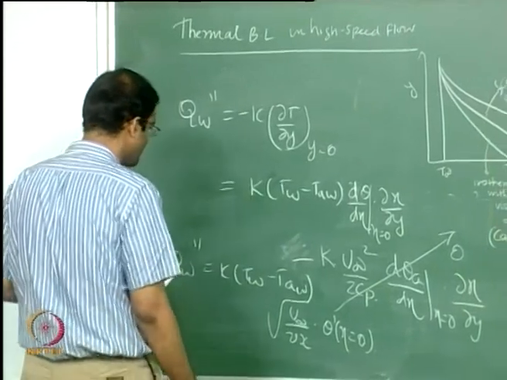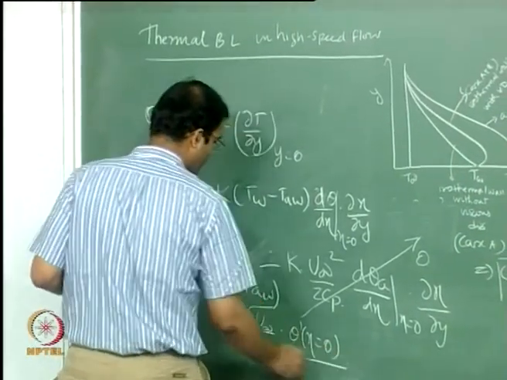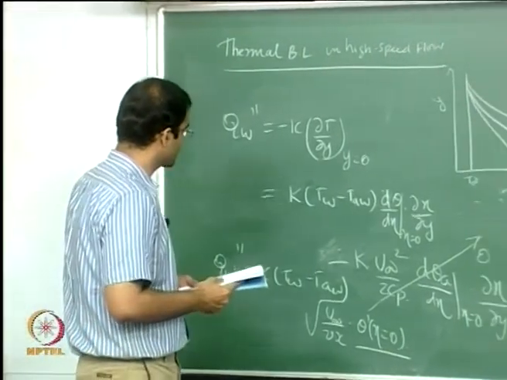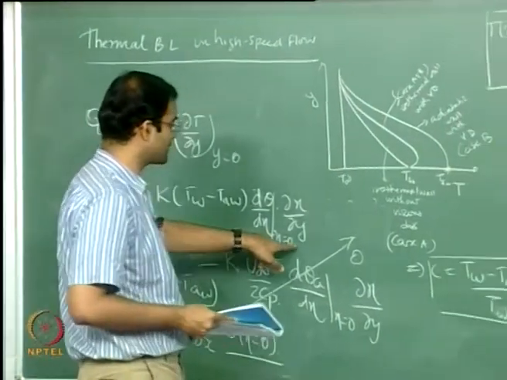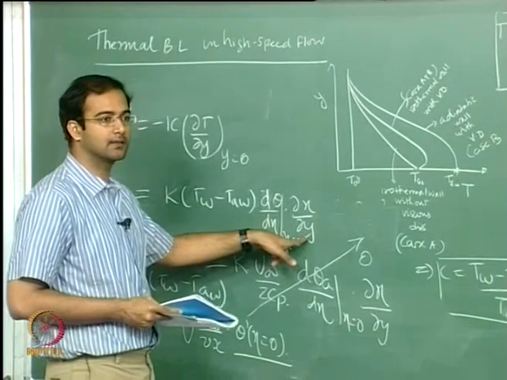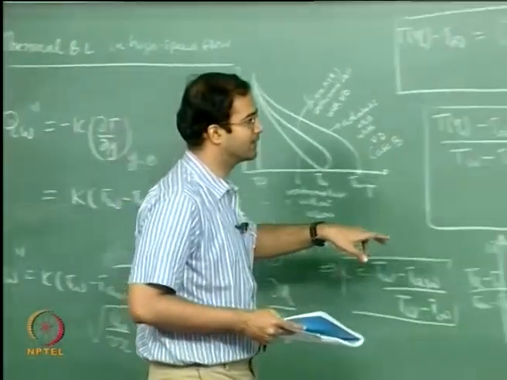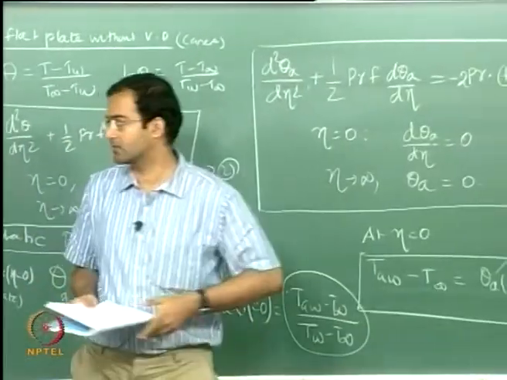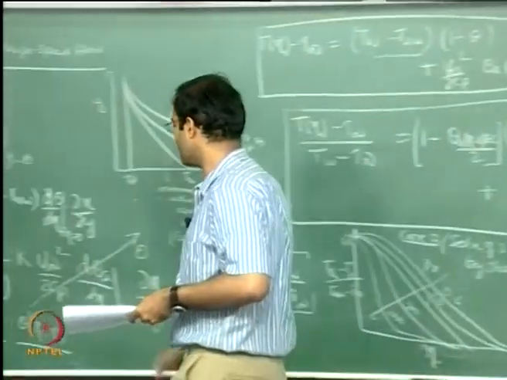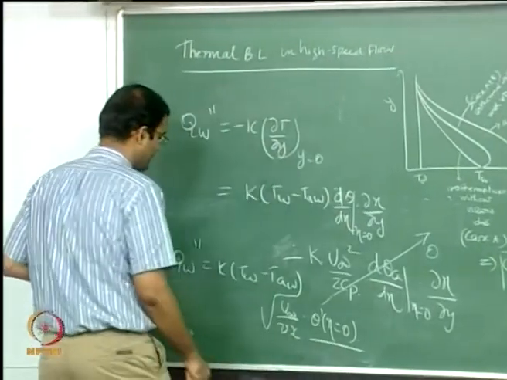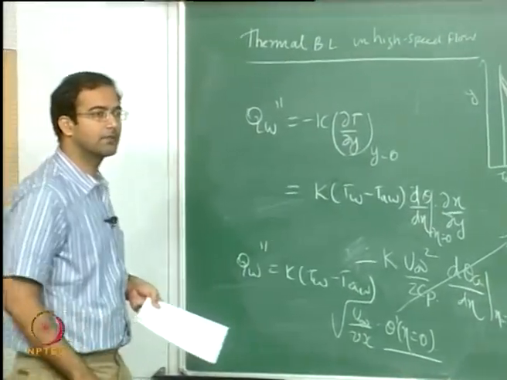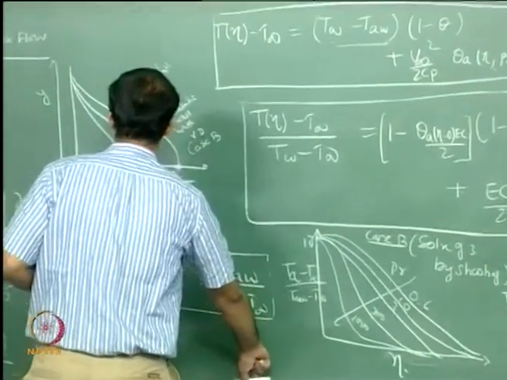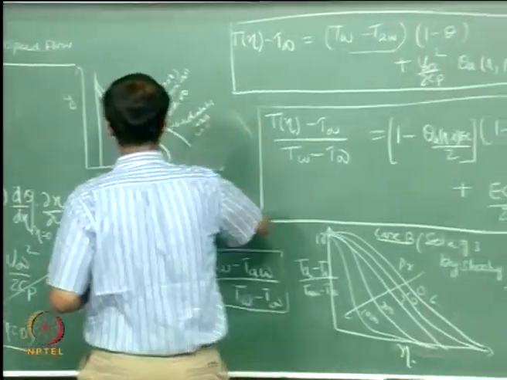Okay, now once you determine the value of theta prime at eta equal to 0, that is for the Pohlhausen condition. This is coming from the Pohlhausen case. So when you solve this, you naturally determine theta prime at eta equal to 0. Once you do that, you substitute it and this will give you the wall heat flux. Alright, so we have already done that. Okay, if you can perhaps recollect,